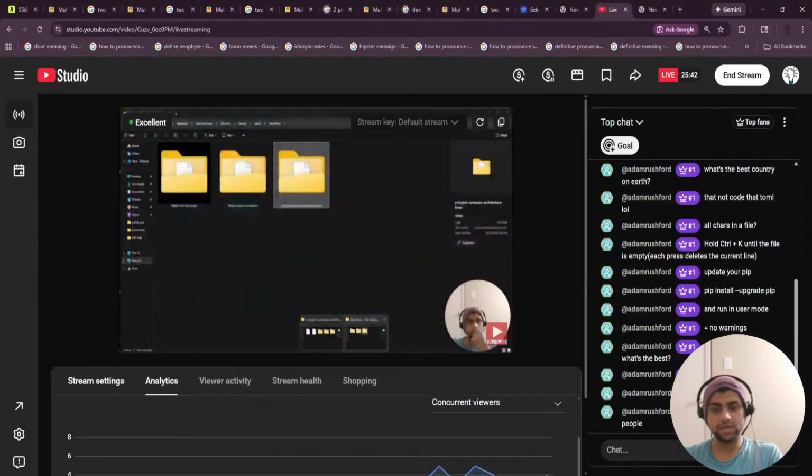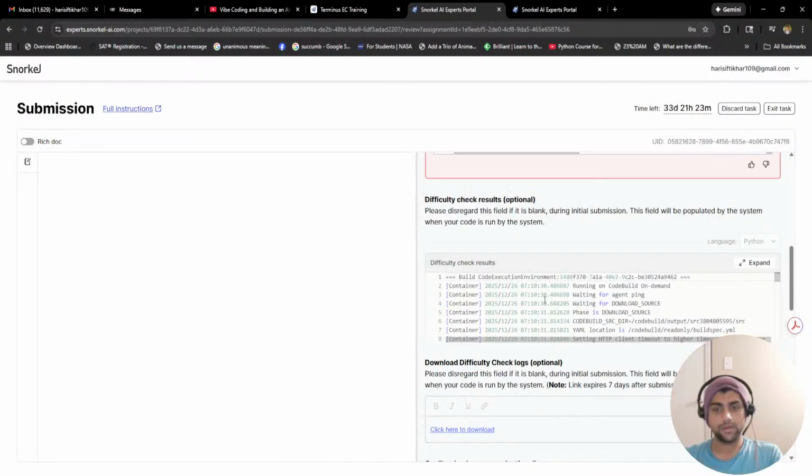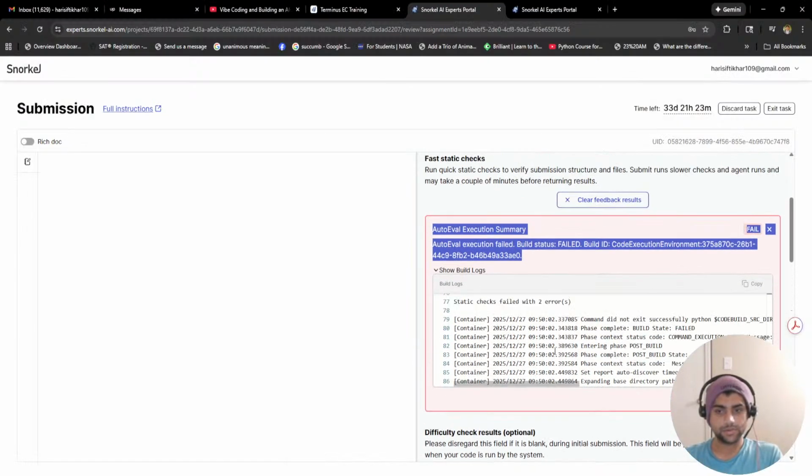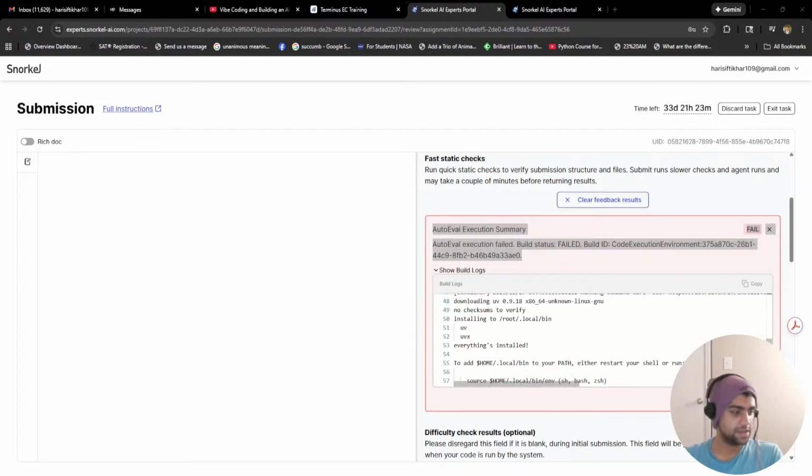Okay, let's see what's the issue here. So let's go back here in the logs. We see that what's happening is that we have static checks. You're dealing with two different validators. One is the run static checks.py, and then we have a Harbor auto eval Oracle issue, top level. So the fix for this is